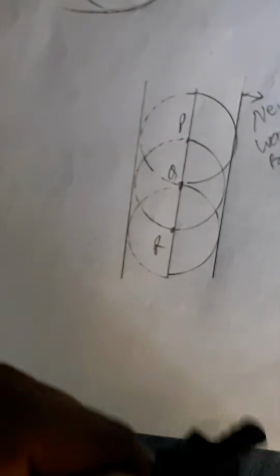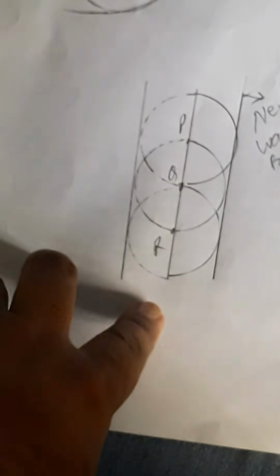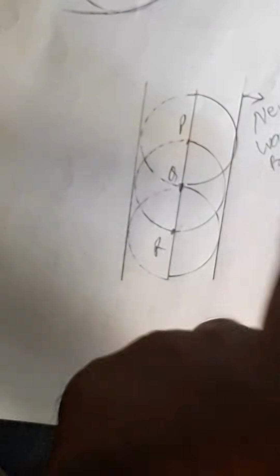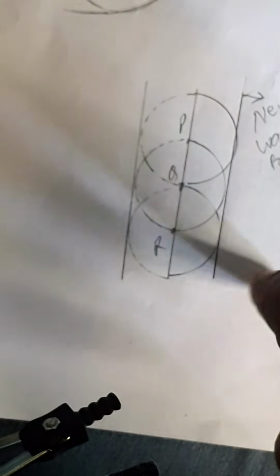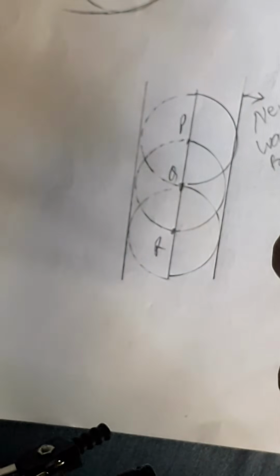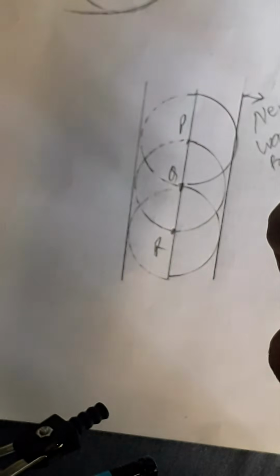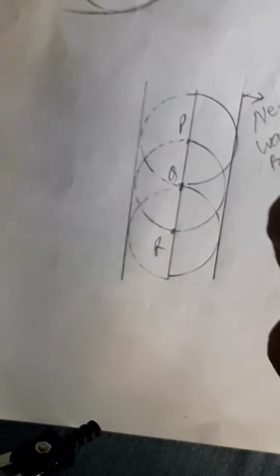Now again 2 centimeter, 2 centimeter, 2 centimeter. This is your measurement. You get 3 circles, and the next one is the tangent to all the circles. So the tangent to all the circles will give you a new wavefront. However, the light emitted is in all possible directions, but we are supposed to take only the forward direction, because the backward direction for propagation of light is ineffective according to Huygens principle.